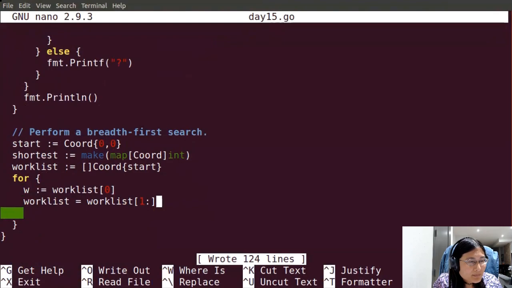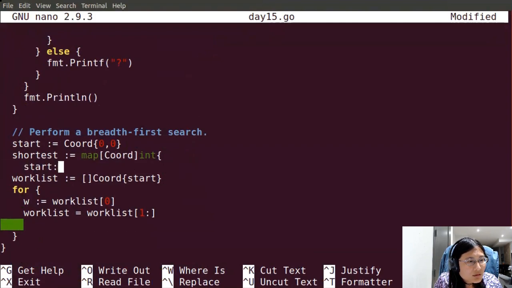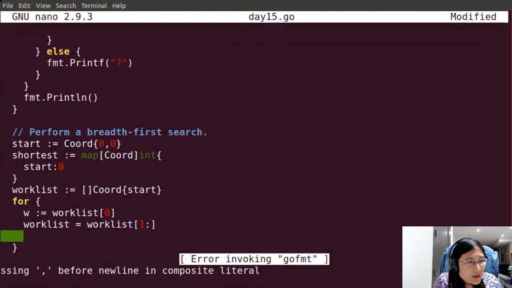So, and actually, I know how many steps that is. Okay.